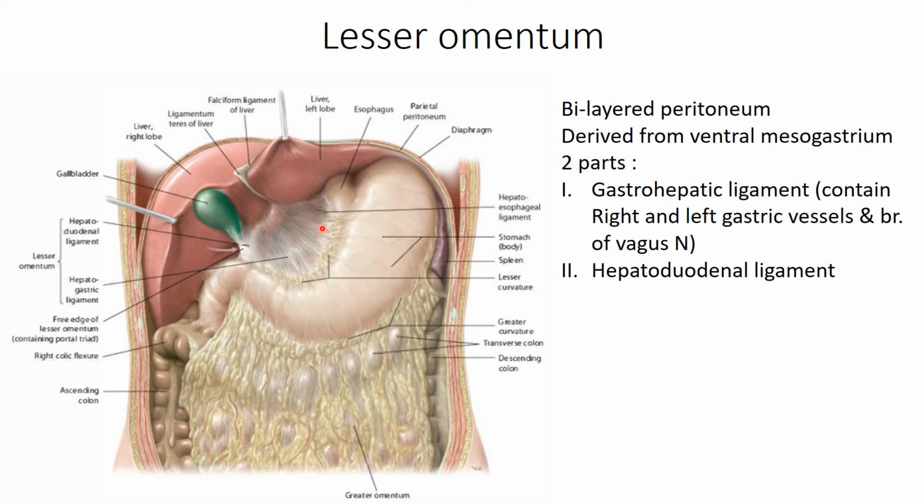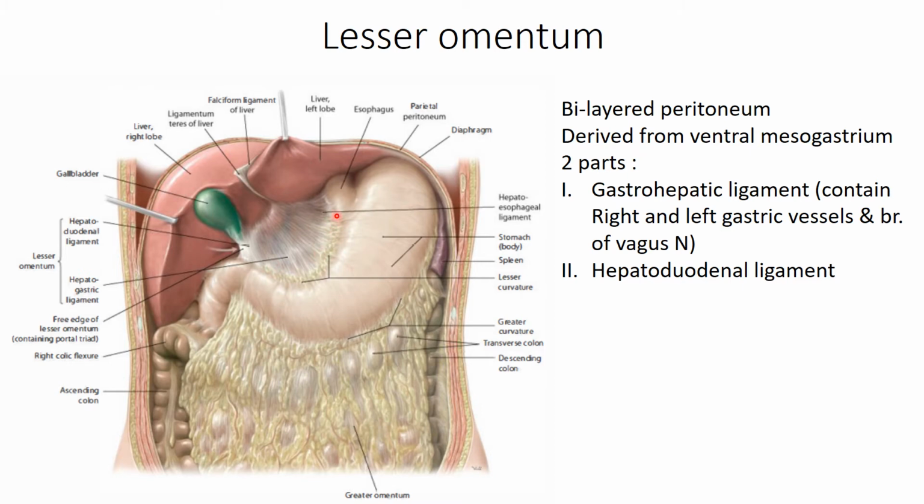Now from here, this layer is bilayered, so the layers split and enclose the abdominal part of the esophagus, stomach, and the first part of the duodenum. They split as an anterior layer which runs ventrally and a posterior layer which runs dorsal to the stomach, abdominal esophagus and first part of the duodenum. Then they again merge at the greater omentum.